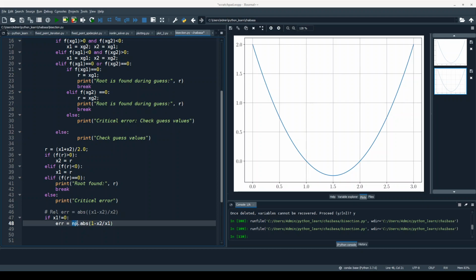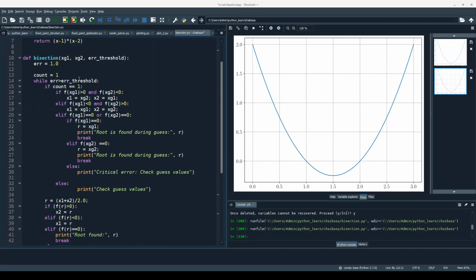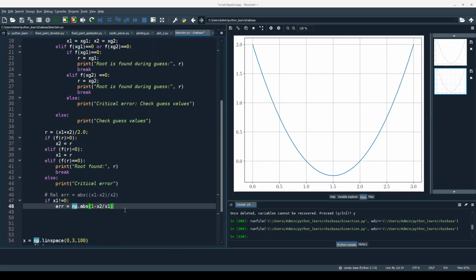Because we are using numpy, we have to import. Okay, we have already imported numpy. Good. Elif, we have forgotten to put the colon, but we have not given the condition. So the condition is x2 is not equal to 0. Error will be np.abs 1 minus x1 by x2.